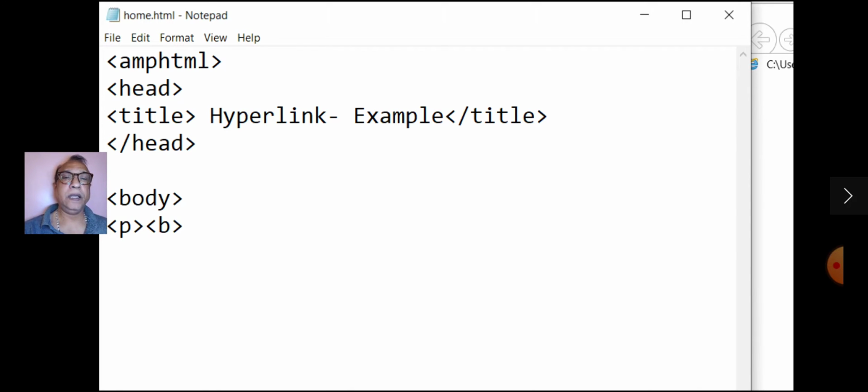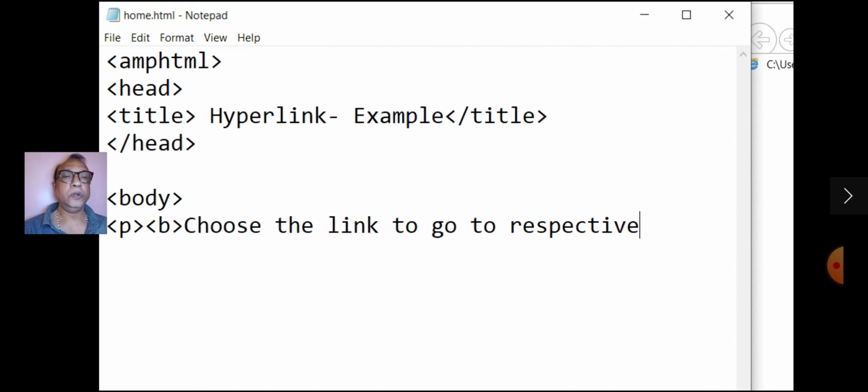The paragraph tag, right? Choose the link to go to respective pages. In this page, we will create 3 links, one for Balniketan, second one for Sri Mahavidyalaya, and third one for Bhagirathi Vidyalaya.